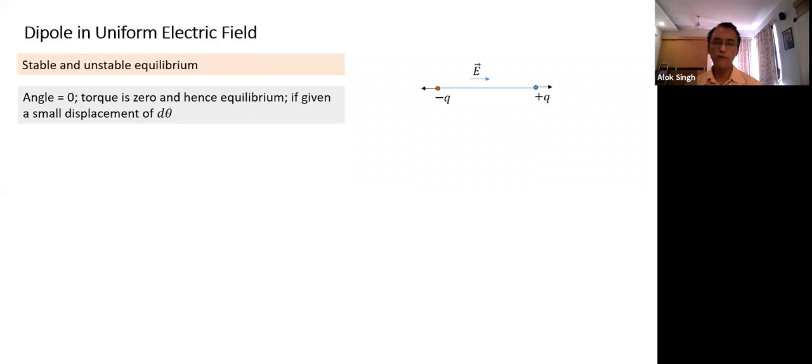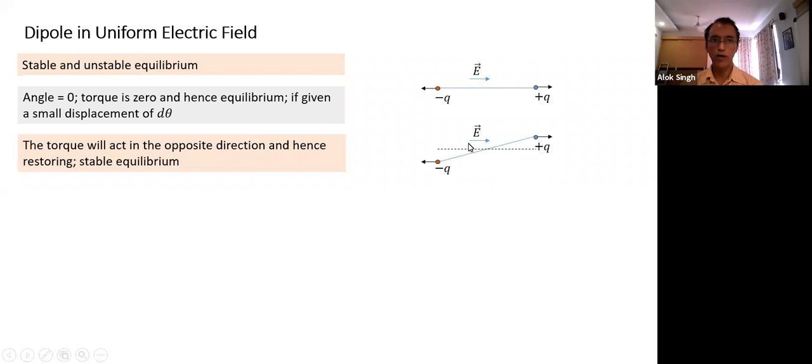When theta is equal to 0, let's see what happens. We give a small displacement. From the theta equal to 0 position, which is a position of equilibrium, we give a small angular displacement. What is its direction? Clockwise or anti-clockwise. We rotate in an anti-clockwise direction. The moment we give a small displacement in the anti-clockwise direction, the torque starts acting in the clockwise direction. It's a restoring torque. Torque acts in the opposite direction as restoring. Theta equal to 0 corresponds to the position of stable equilibrium.